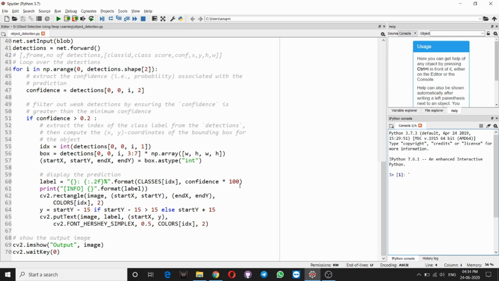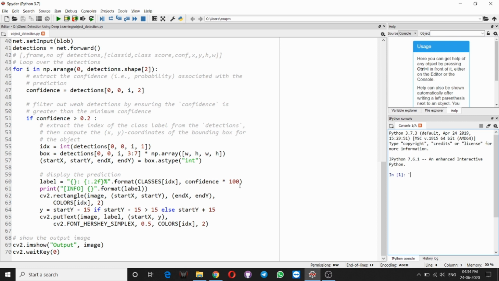Similarly, we also have to print the text over the box, and for this we slightly calculate a y which is different from startY, in case the box is at the top of the image and there is no space for the text, then we can write it below the top rectangular border.